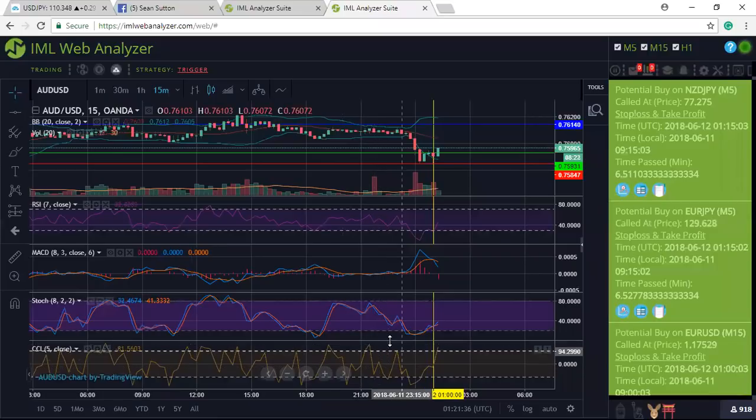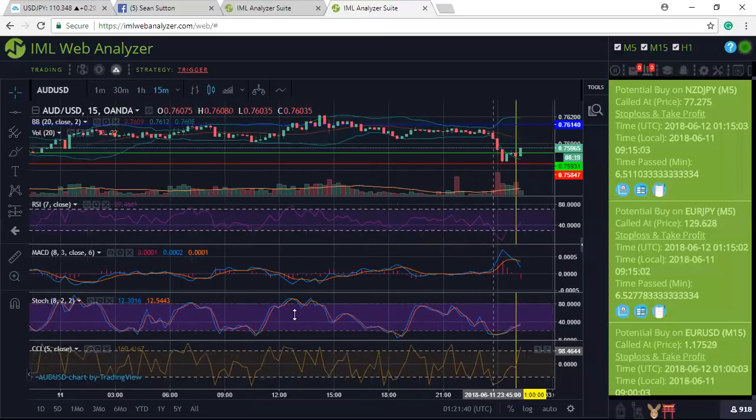Anything below 100 is oversold territory, so I want to buy it from support and sell it from resistance. Anything above 100 on the CCI is going to be overbought territory. So that's resistance. Once it starts hitting resistance, like I said, we sell it from resistance, we buy it from support. But you want it to be out of range on the CCI as well as all the other indicators,